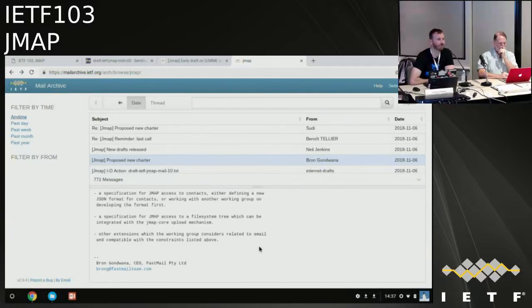So on Jabber, Jim Fenton says, what would be the relationship between JMAP and CardDAV, CalDAV, etc., as a replacement for it? Neil Jenkins: Yes, absolutely. That's the idea. In the same way as JMAP mail is to IMAP, I guess, really. JMAP calendar would be to CalDAV, JMAP contacts to CardDAV, and JMAP files in theory to WebDAV.